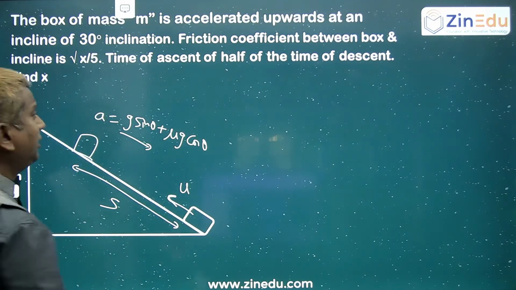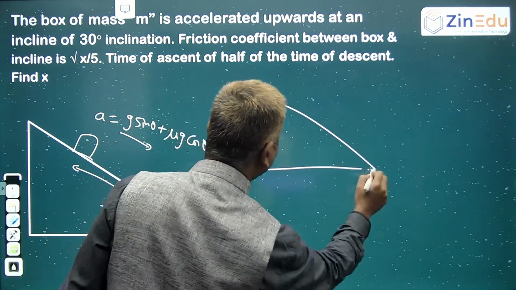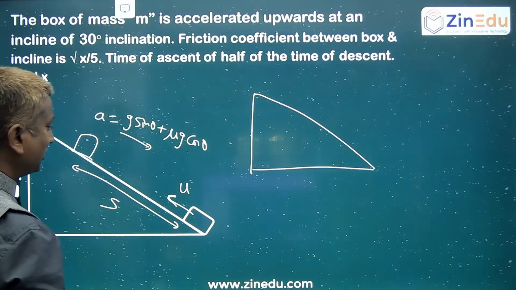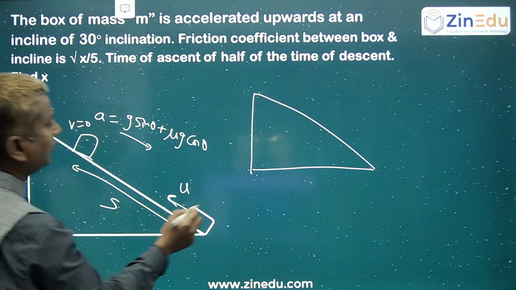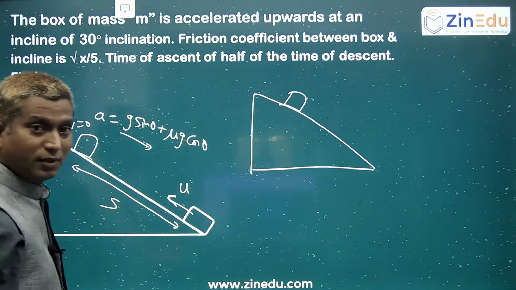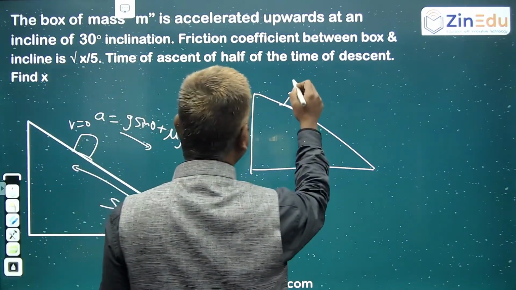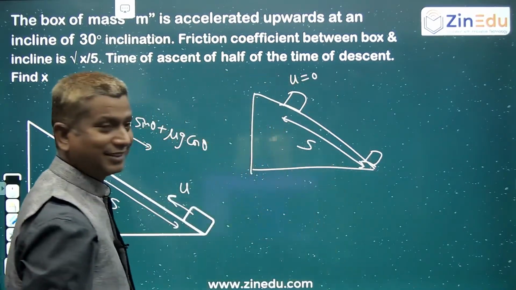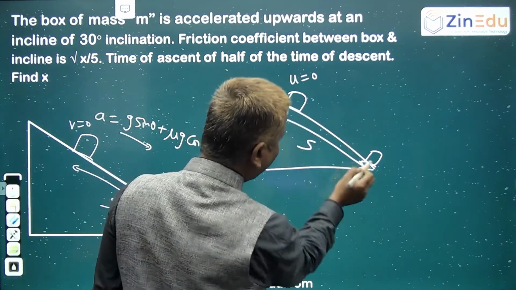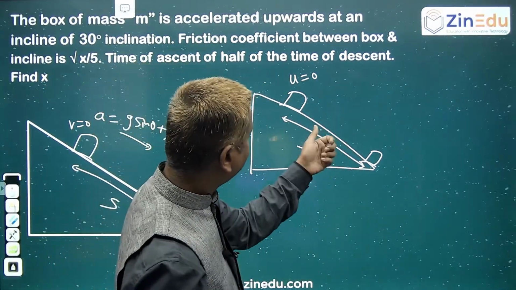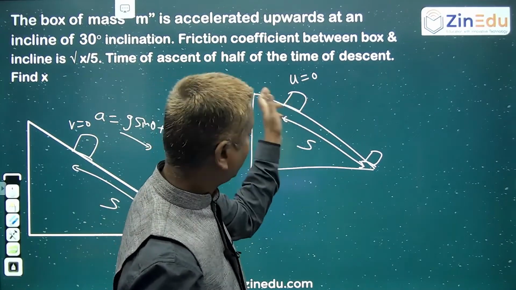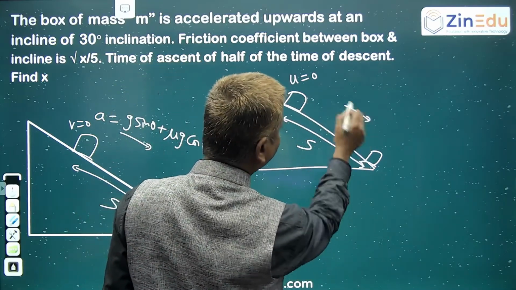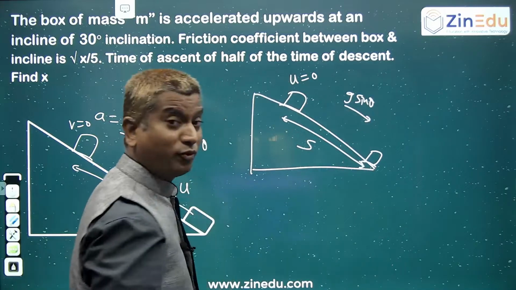Clear? Now when it is coming down, see, here it will come to rest and after that it is coming down, right? So initial velocity u, final velocity 0. Now here when it is coming down, you can say that its initial velocity is 0, but it is covering the same distance, here to here, right? Now the question is, when it is coming down like this, definitely its acceleration is like this. g sin theta is like this, already. What about the frictional force?